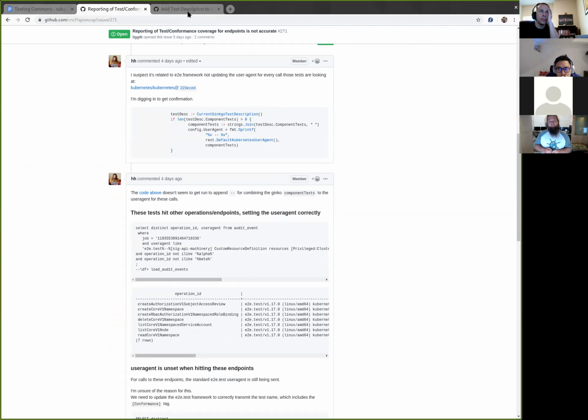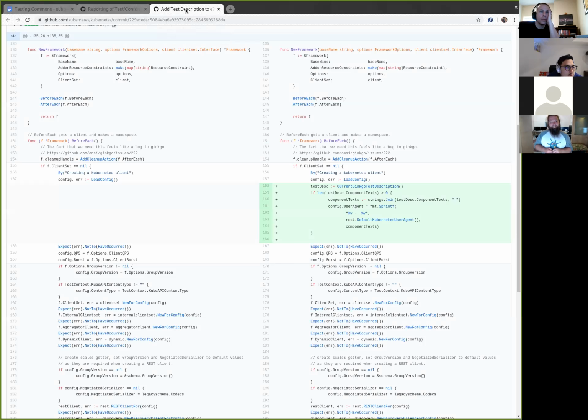So it never hit this code, or it's making API calls without before each being called, or without the client set being updated with the user agent config set.